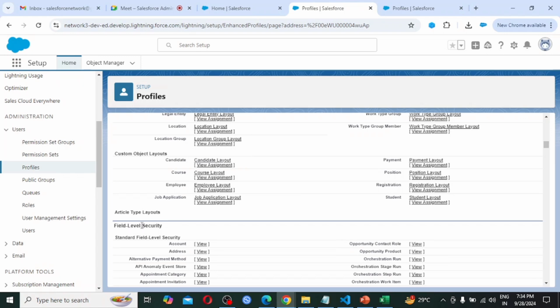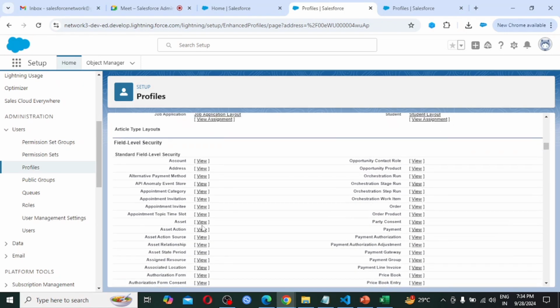Then we are seeing field level security. So what is field level security? All the fields that we had created in our objects are also going to be controlled.